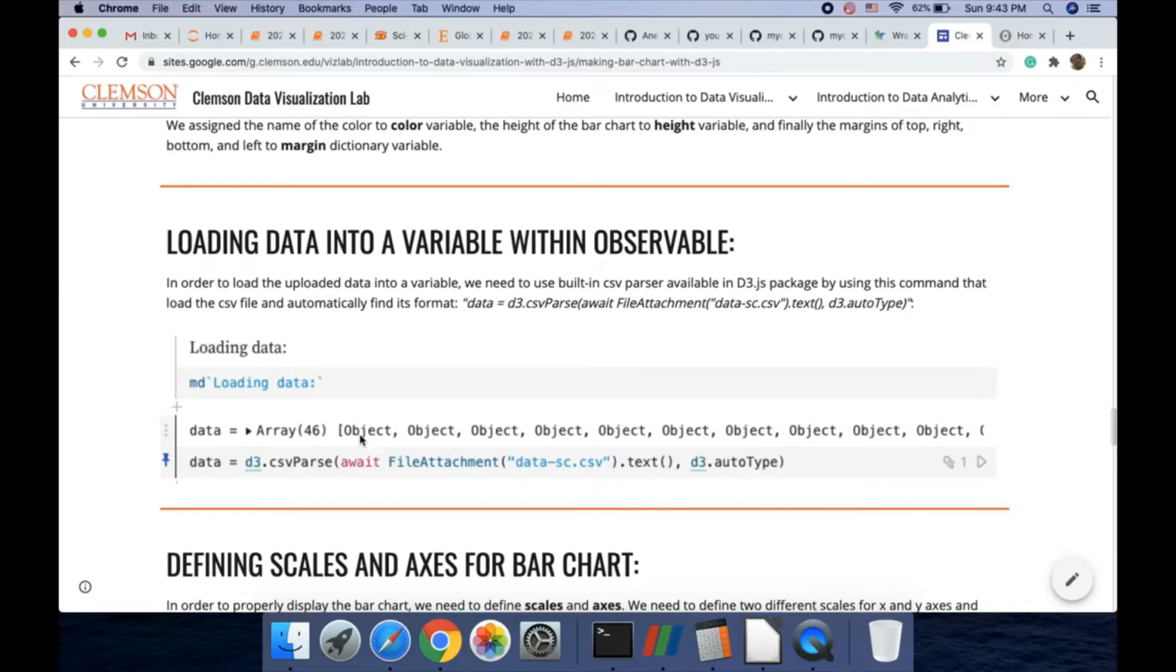Fortunately, D3.js gives us a function that can parse CSV, or comma-separated value, files. So here you just use d3.csv parse, which is the name of the function we want to use for parsing the CSV file. It uses the attachment file that we uploaded in the notebook, called data-sc.csv, and we leave the task of finding the type or the format of the data to D3.js